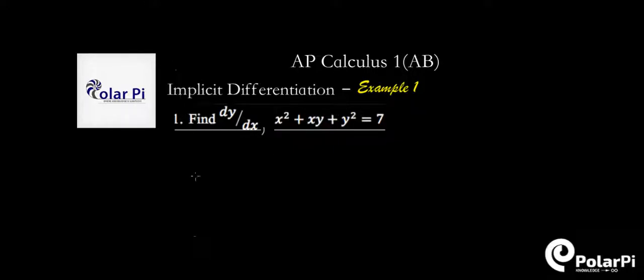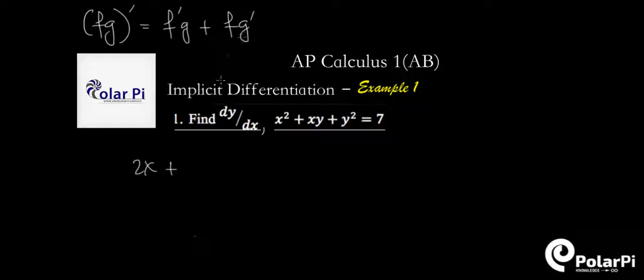Okay, so let's get on with it then. The derivative of this guy is 2x. And then in the middle here, we encounter the product rule because we have x times y. And remember, the product rule says that if you have f times g, then the derivative of the product of f and g is equal to f prime times g, plus f times g prime. Quick reminder. So I took the derivative of this, I wrote 2x, and then I have plus,